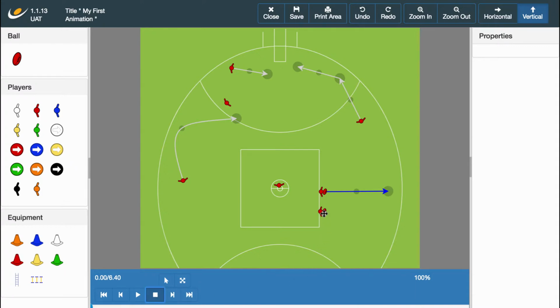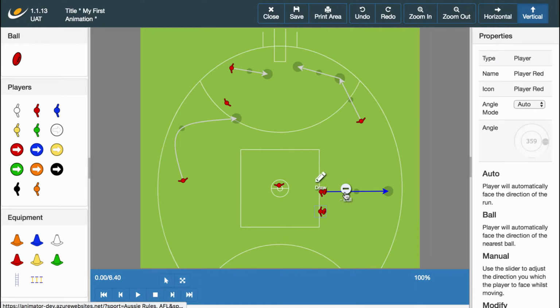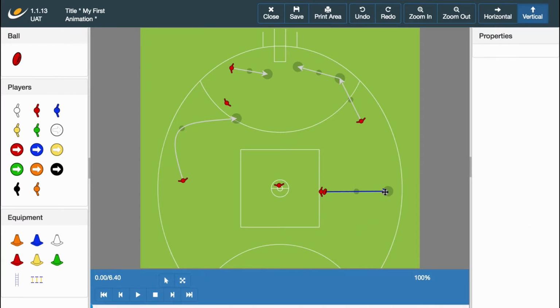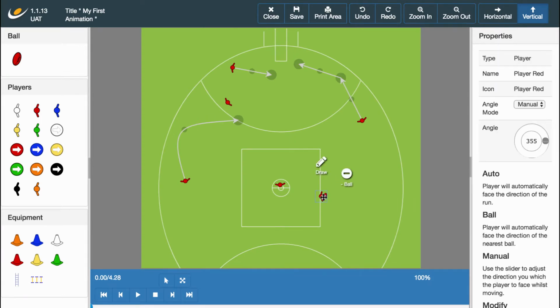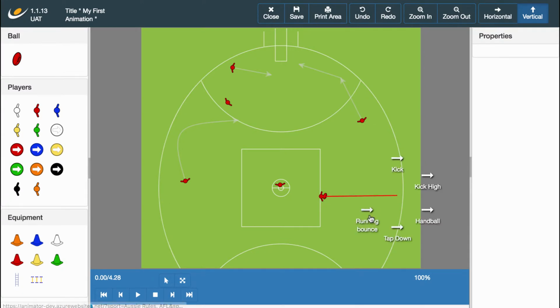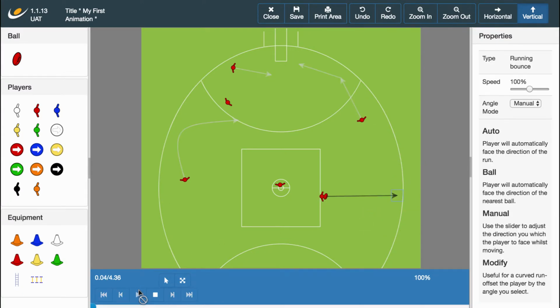We only need one player for the next example. We need to delete the passing lines and remove the ball from the player. To remove the ball, simply click the player of interest and select the ball icon again. The final option available to a player in possession is a running bounce. Click the draw option, select the endpoint and then running bounce. A black line will appear on screen and once we click play, we can see our player move along the